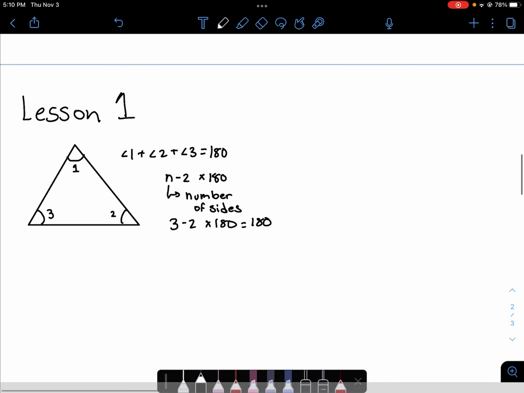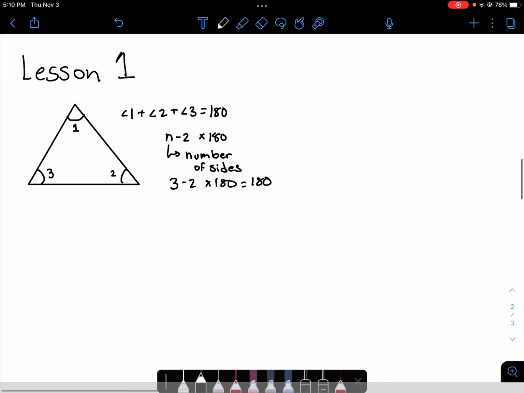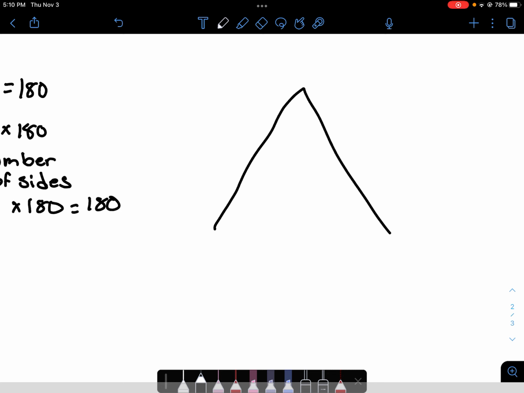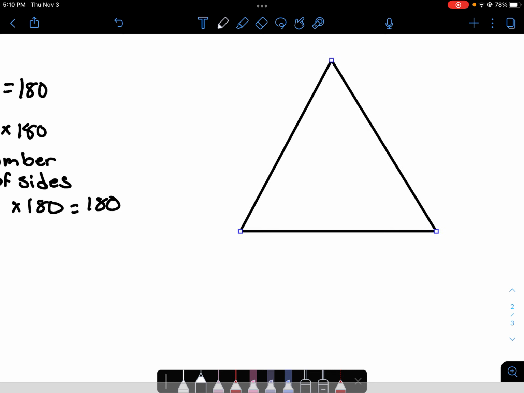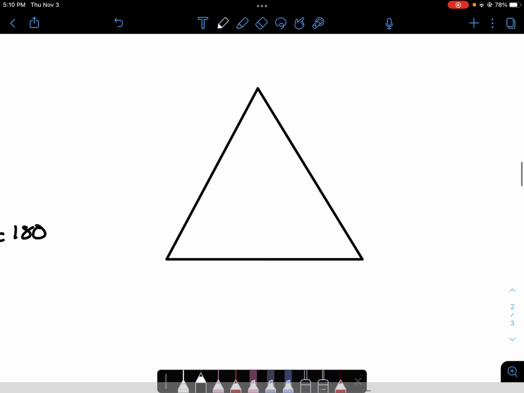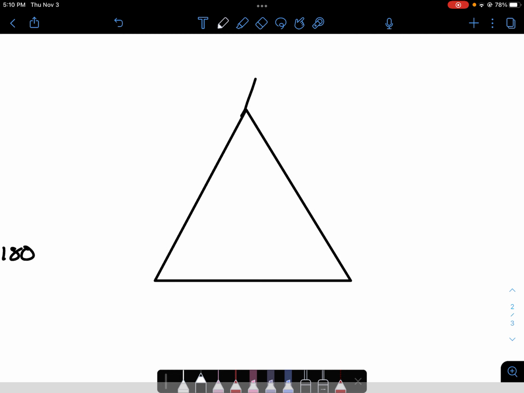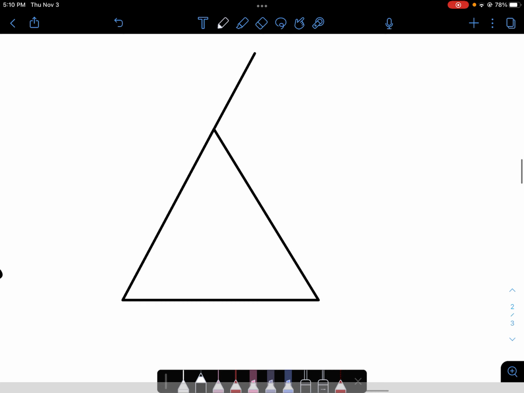Now, once we have that figured out, we can apply some of our knowledge to another theorem called the exterior angle theorem. So I'm just going to extend that out a little bit. And so this line, say line A, is a straight line, meaning the angles on it, like this angle and this angle,